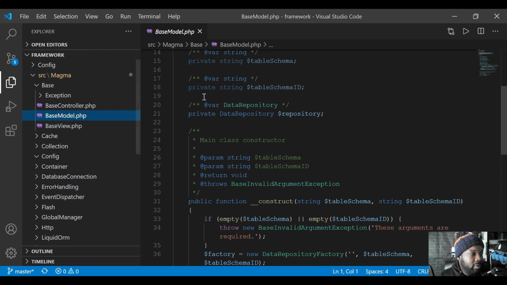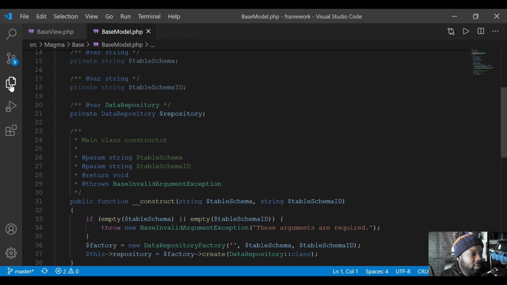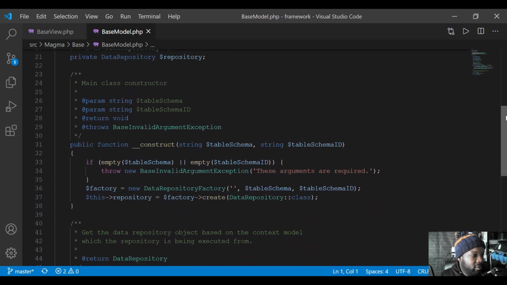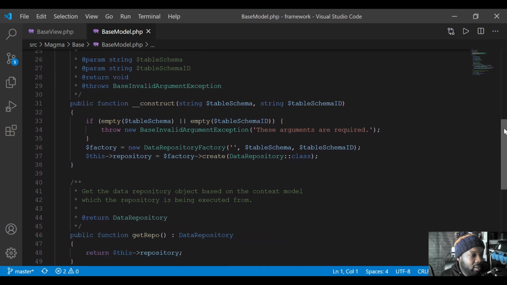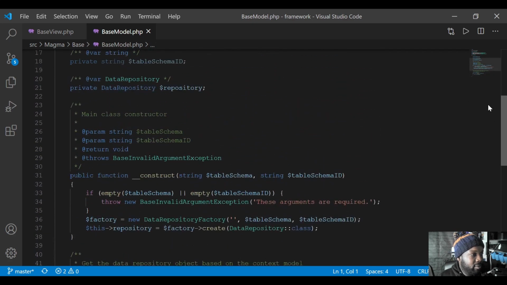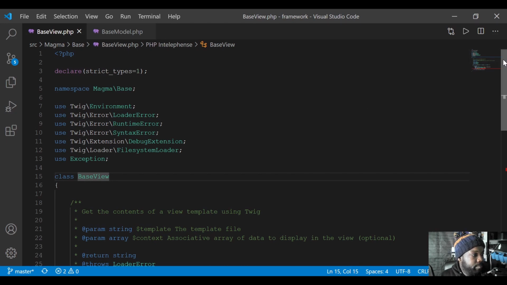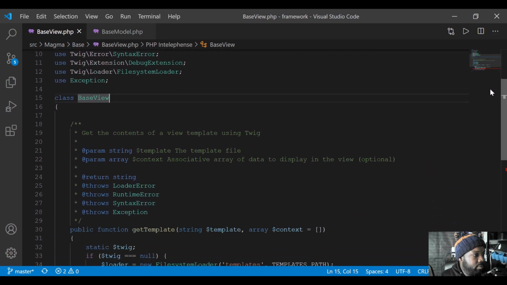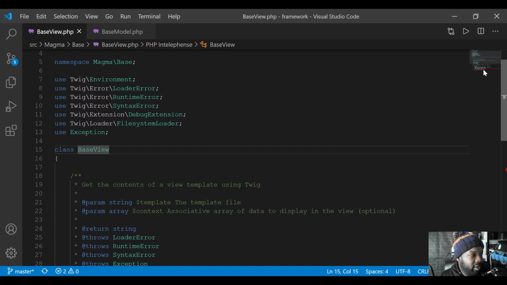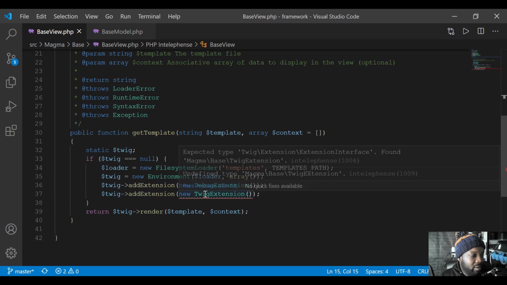So I haven't forgotten about that one. Open that up on our models. Let's just open the view as well. Close that down. So in our models, see what we've got. Got our constructor, taking in 2 arguments, checking that it's not empty, and we get in the repository. Cool. Base view. Getting all of our twig components, and you can see we've got an error right here, and this is because we've not yet created our